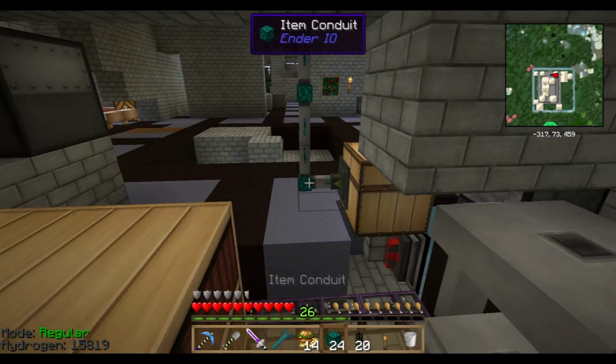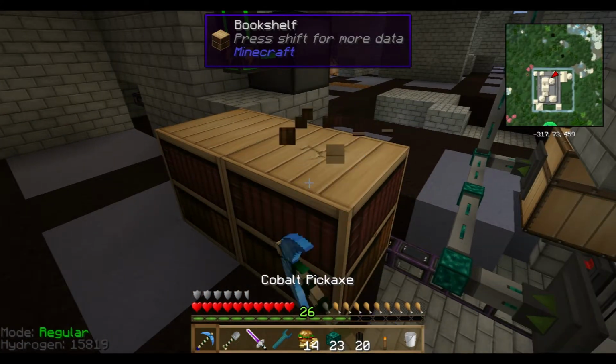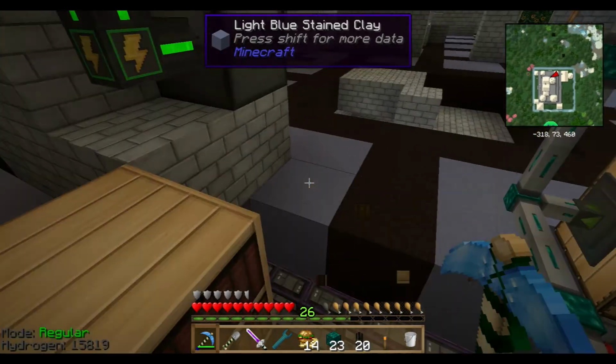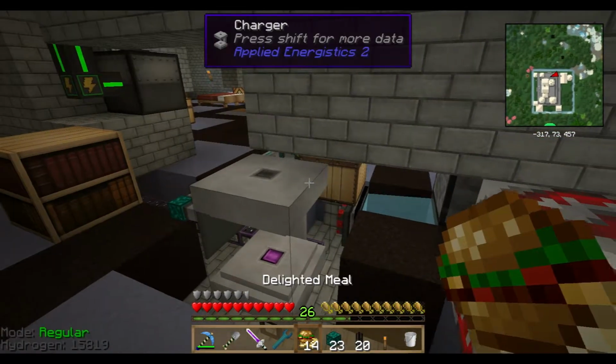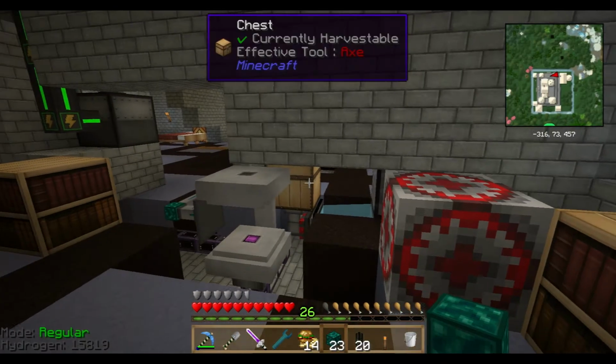So we're going to need an Ender IO cable coming through here. And we're going to need to get rid of these. There we go. And then we'll need another cable coming out the other side. And it's going to have to be...